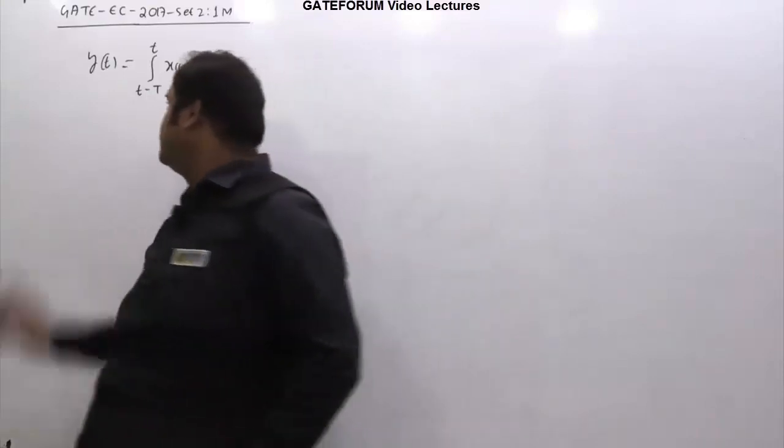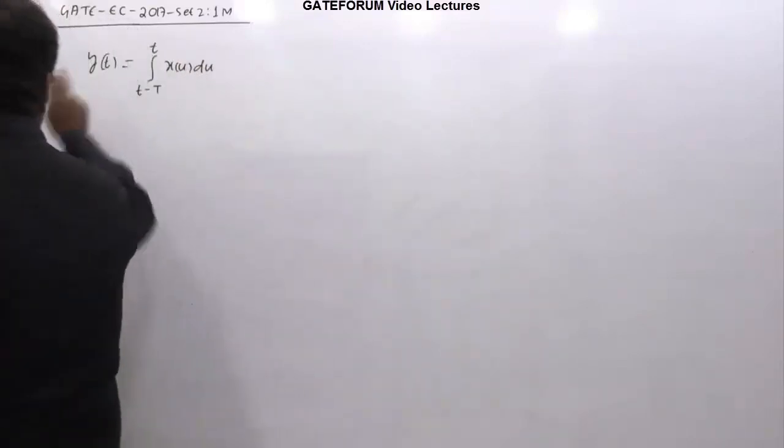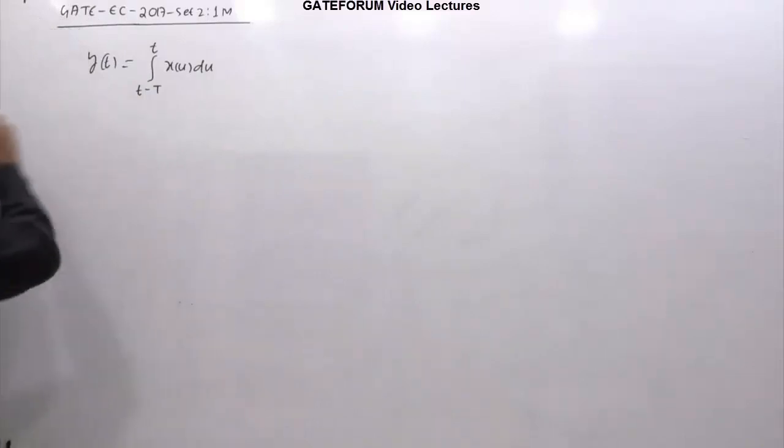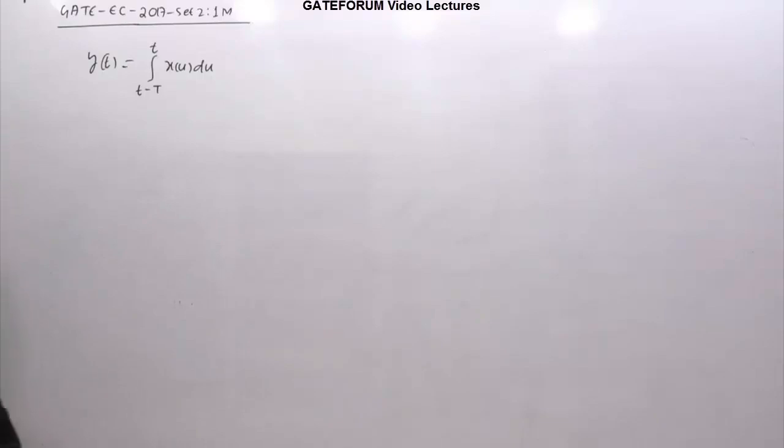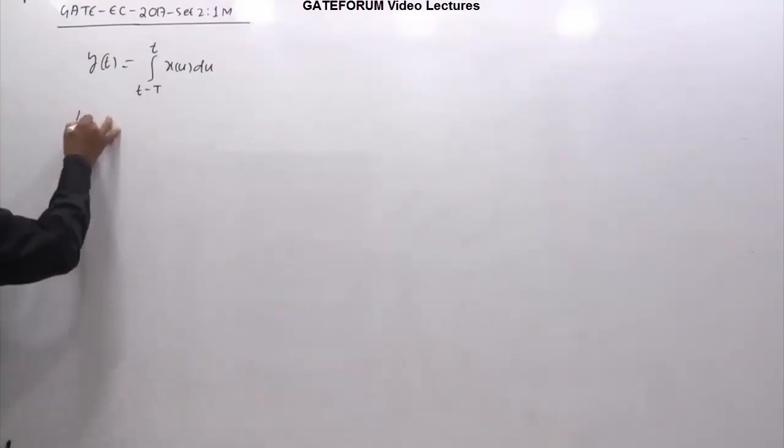So for this equation, where the input x(t) and output y(t) are related by this equation, we are supposed to comment whether this overall system is linear or non-linear, and whether it is time variant or time invariant. Alright, so let's first comment regarding linearity, then we'll come to the time invariance.